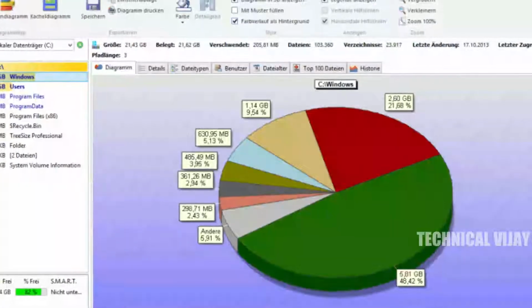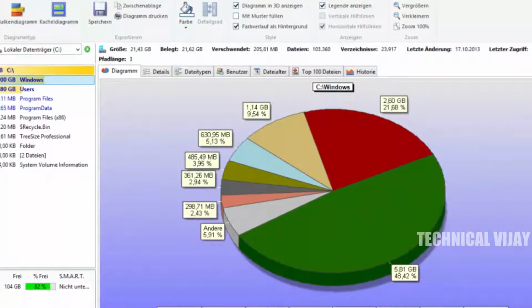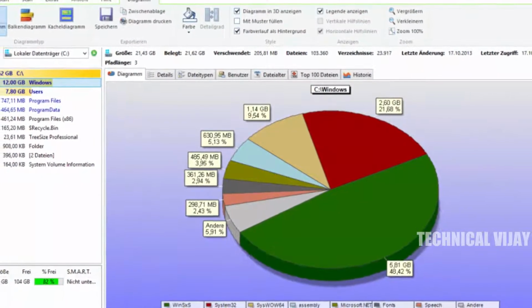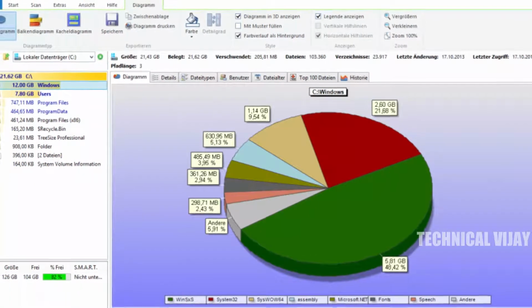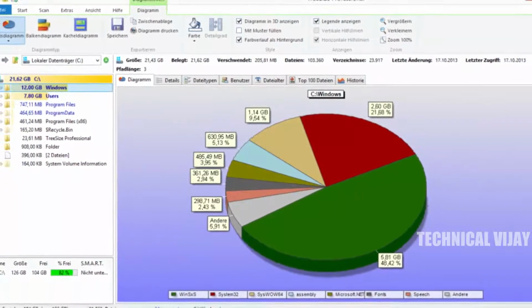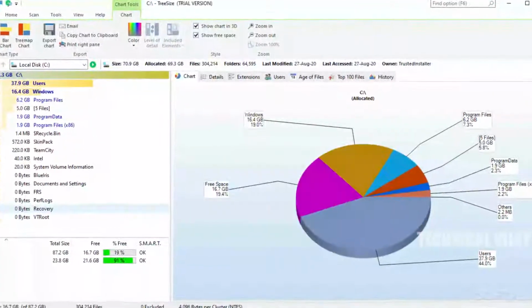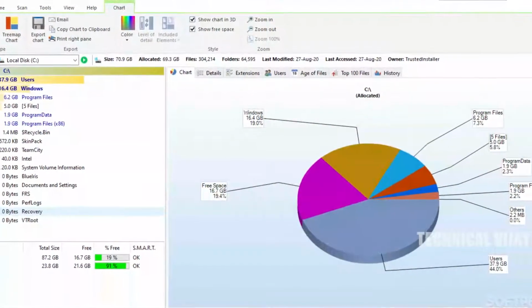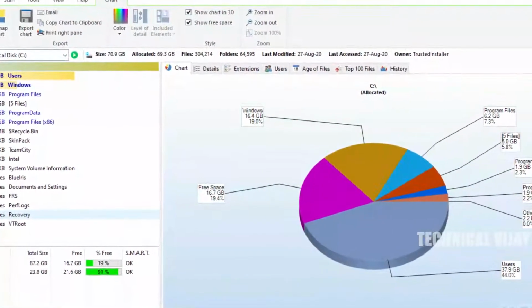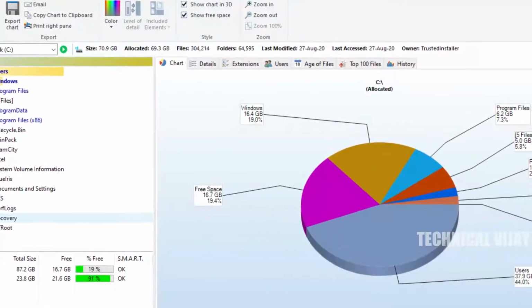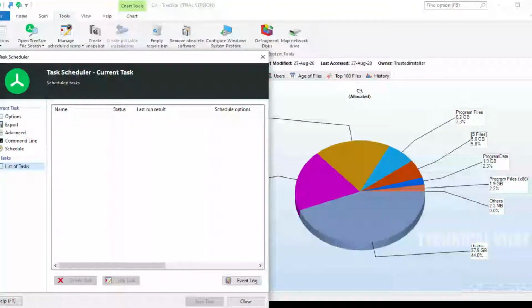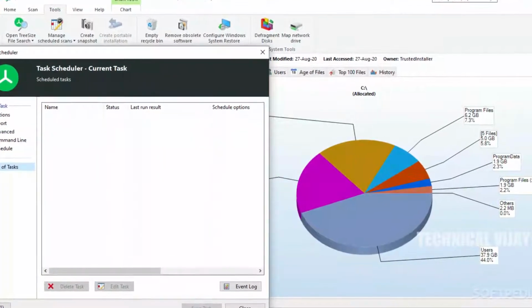The data is arranged from big files to small files, so you can easily pinpoint the culprit. Its paid version for personal use shows 3D charts and tree maps for better illustration, and it can even pinpoint duplicate files. If you are interested in scanning network drives and servers as well, then you will need the TreeSize Professional version, which is a paid version.